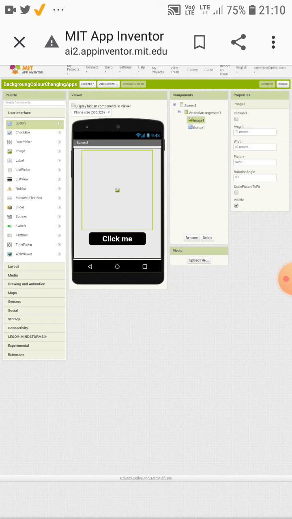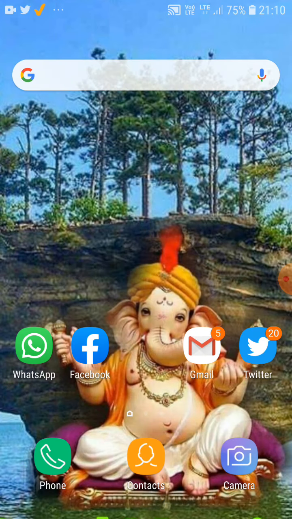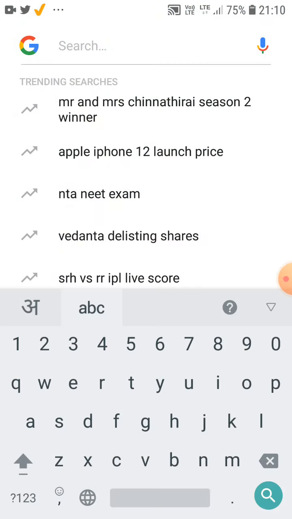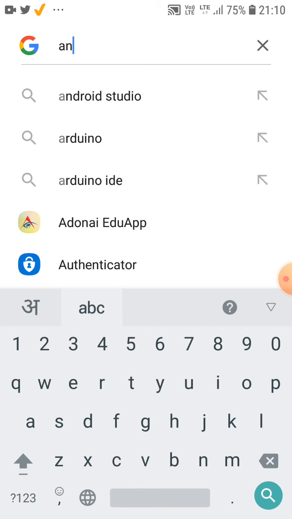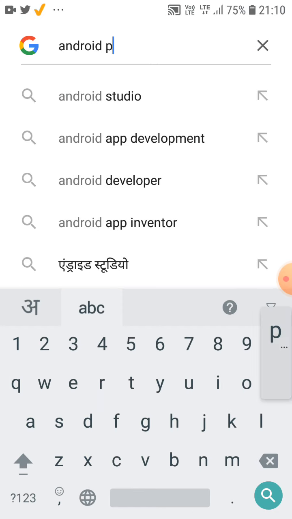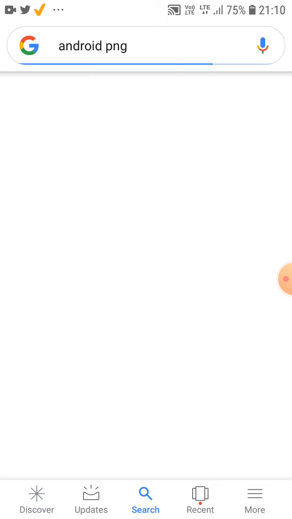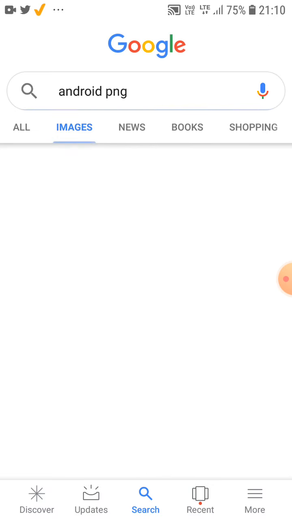But here the image is empty. So let's put any image. Go on Google, search for the image you want. I'll be choosing Android PNG image. Here it is.